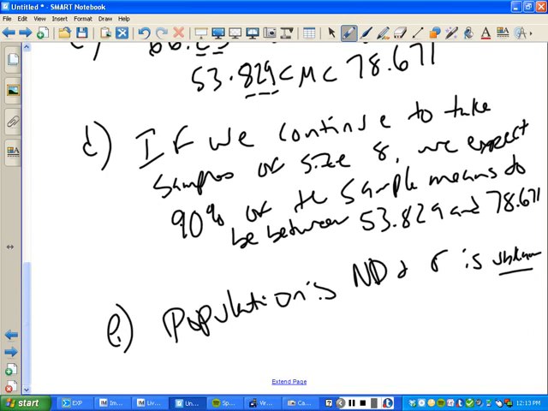I thought you'd like that. Population is normally distributed, and sigma is unknown. Okay. All right. With that being said,